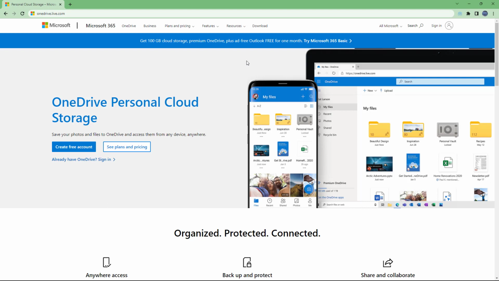Microsoft OneDrive is a cloud storage service by Microsoft. So you can access OneDrive by using any web browser of your choice, and in my case, I'm using Google Chrome. And over here on the address bar, you need to type in onedrive.live.com, or you can also type in onedrive.com